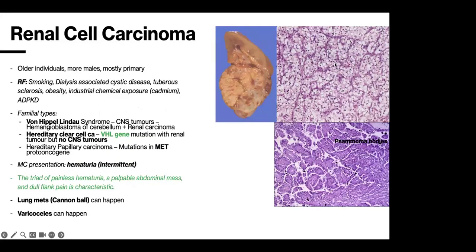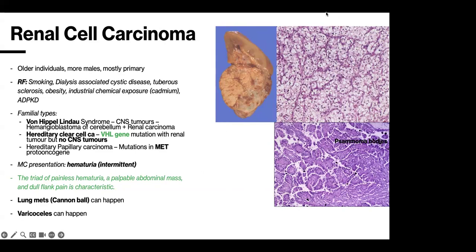So here we have renal cell carcinoma. The image on the top right is what you're supposed to see in the earlier slide. It's a very typical image for renal cell carcinoma. It's this white image with a bunch of dots in it. Really, that's pretty much characteristic. Renal cell carcinoma occurs in older individuals, more in males, and most of it is primary. The risk factors include smoking, like with literally every other cancer,